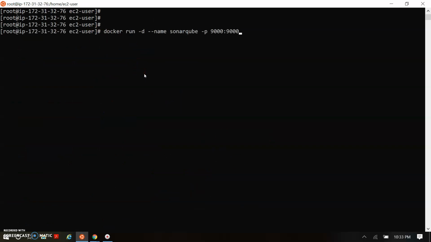Let me paste our command for the SonarQube. We have to pass an image name, that's sonarqube, and a colon with the tag, that's lts. So here we are making our SonarQube container name sonarqube. The port number mapping is Docker port 9000 and host port 9000, and the image we are taking from the Docker hub, it's sonarqube with the latest tag.